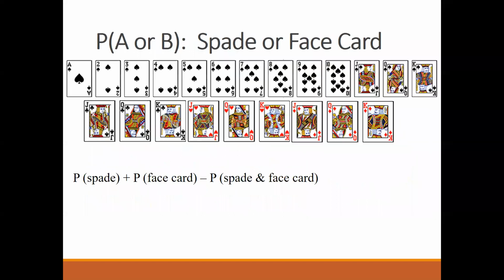Let's go ahead. Now this is an example. Please tell me the answer. Please keep your pen and paper handy so that you can solve it and tell me the answer for this. I've already given you the formula. So the probability that spade or face card occurs, two events are given to you. So P(A) plus P(B) minus P(A and B). Anyone?